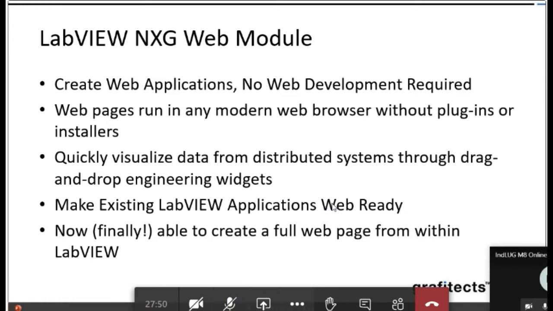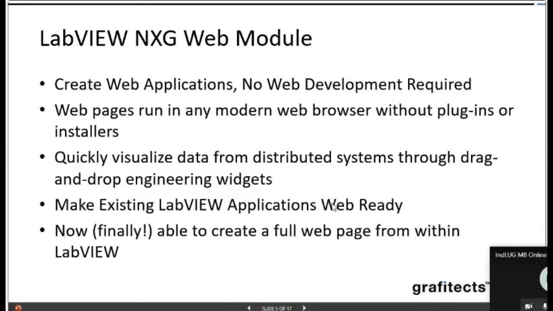With LabVIEW itself, we can develop any web page, and those web pages can run in any modern web browser, and we can design a page for a computer or a tab or iPad or phone. So these kinds of options are also available, and we can quickly visualize the data from anywhere for distributed systems.